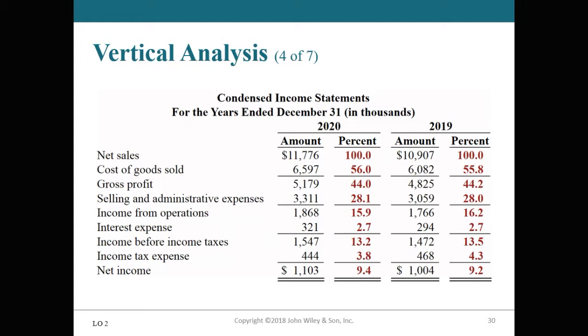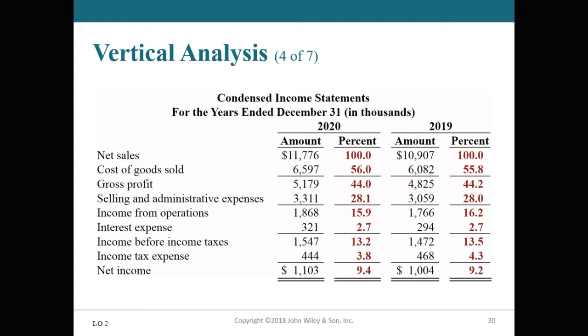To illustrate this in the form of a condensed income statement, remember I told you you're going to either use total sales or net sales depending upon how it's reported. In this case, net sales is what we have. So we start with that and we say, what was cost of goods sold in 2020? It was